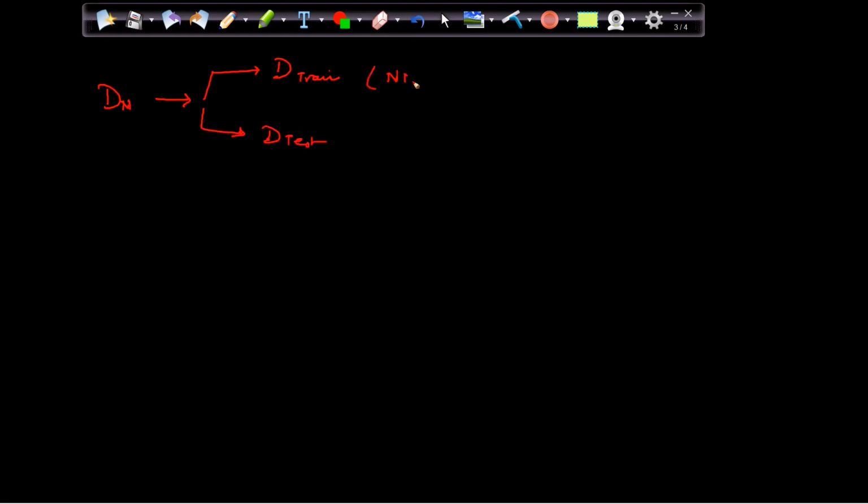Dtrain data is helping me to find the nearest neighbors, right? And Dtest data is giving me the accuracy, or I can say it is helping me find the best value of k based on the accuracy.